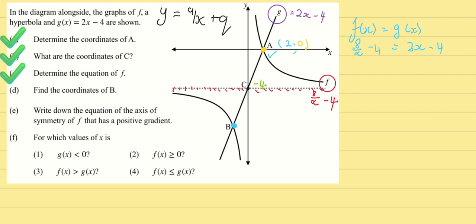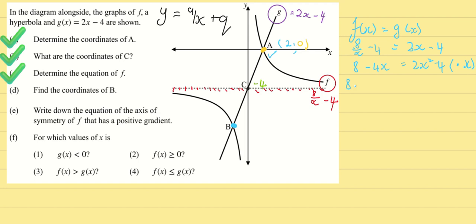Alright, so now we have 8 over x minus 4 equal to 2x minus 4. I would multiply each term by x so as to eliminate this denominator. So when I do so, I end up with 8 minus 4x equal to 2x squared minus 4. Now this looks like a trinomial, and so I'm going to bring everything to the left hand side so that